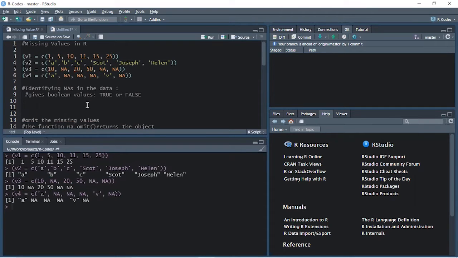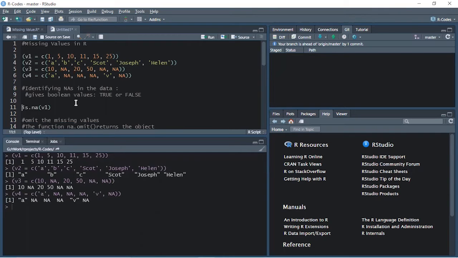So we have understood is.na. Within the brackets, we will give the vector name. So if it is v1, which is this vector, let's see what it responds. When you use is.na, it provides the values in the form of true or false.